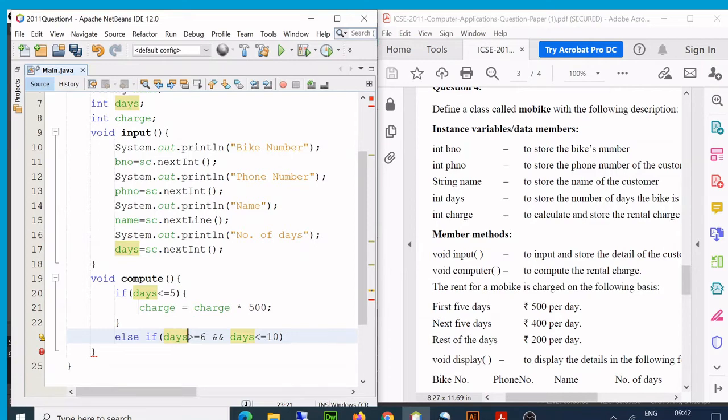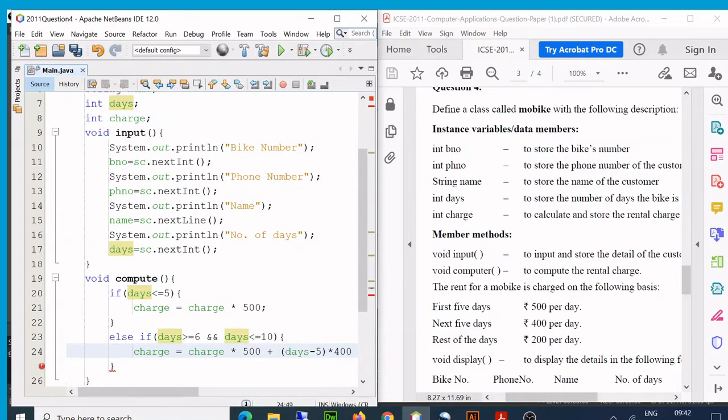Then a little trick here. What is the trick? For first 5 days, 500 is the charge, so I'll write it here. But the next 5 days, it says the charge is 400 rupees per day. So I'll say days minus 5 into 400.